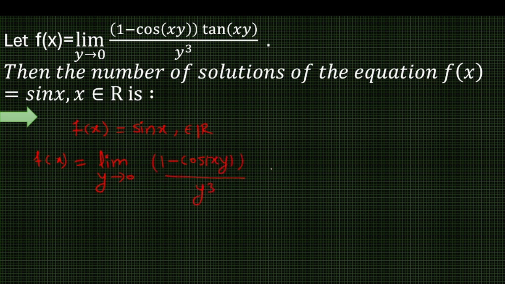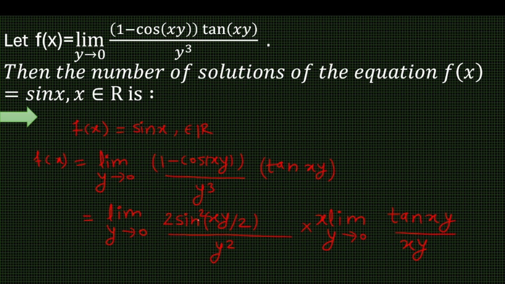First, to solve this limit, we will solve for 1 minus cos xy, and we have formula for 1 minus cos xy from cos 2x, which is 2 sin square xy by 2, divided by y square and tan xy divided by y. Limit y tends to 0, tan xy and here y. जो डिनोमिनेटर में y क्यूब है वो हमने y स्क्वायर और y में डिस्ट्रीब्यूट किया है,